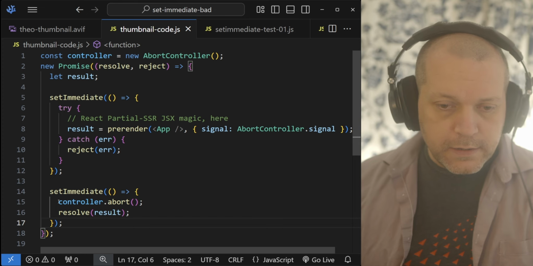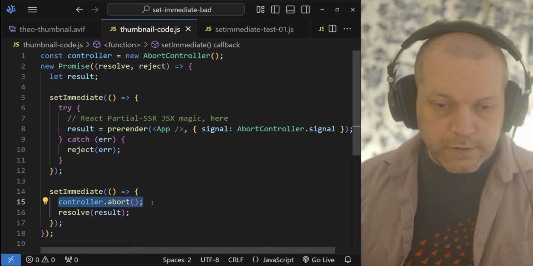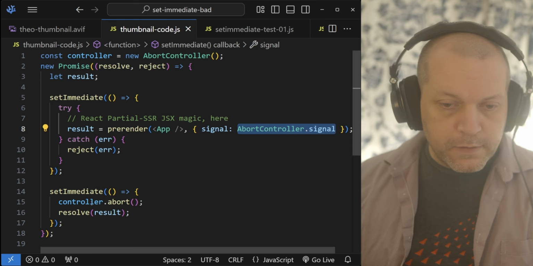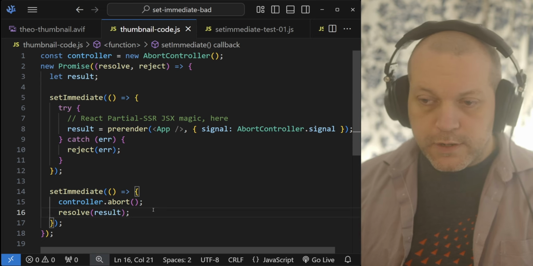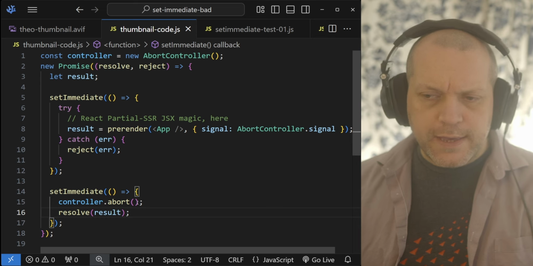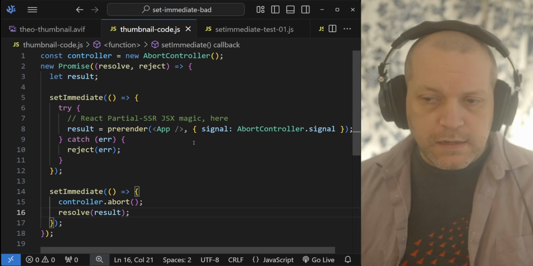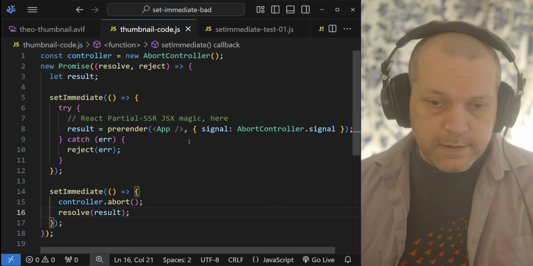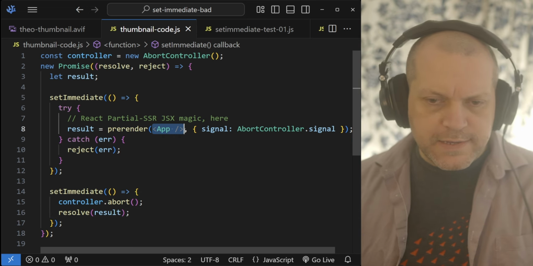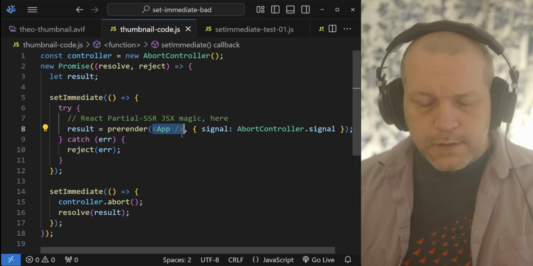And at that point, this second function calls abort on this signal, which ostensibly would be used to cancel any deferred promises that are going on under the hood in this JSX render, right? So you could imagine